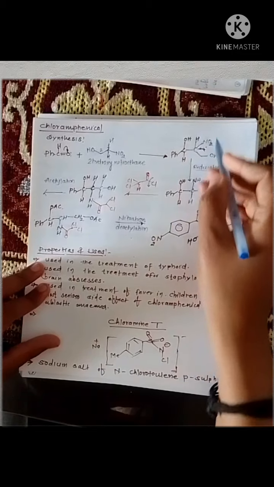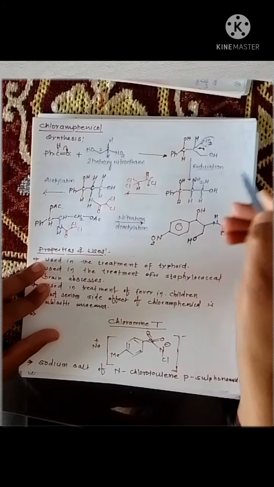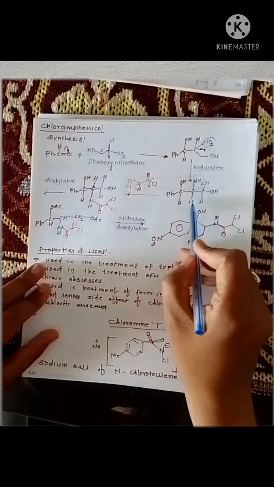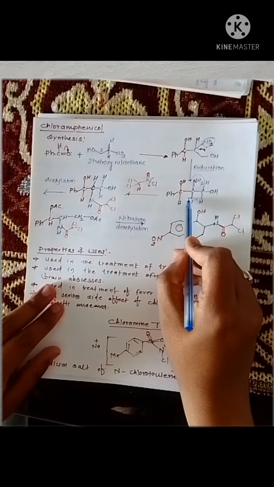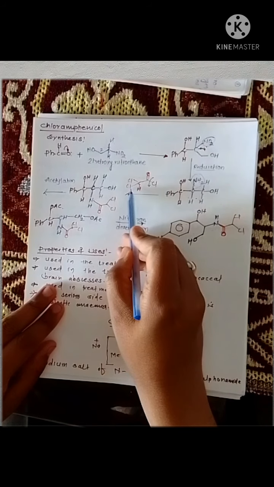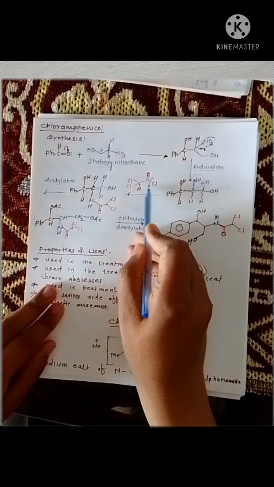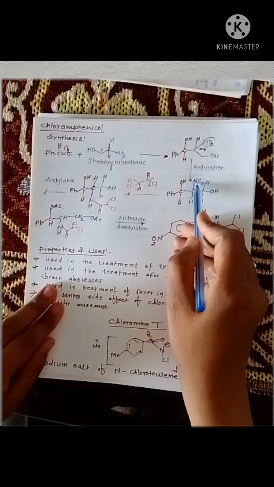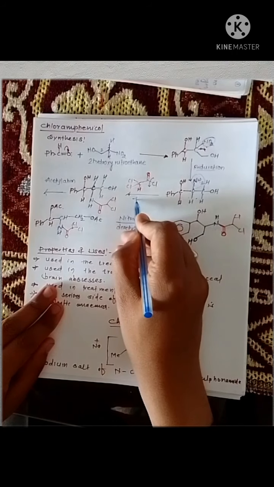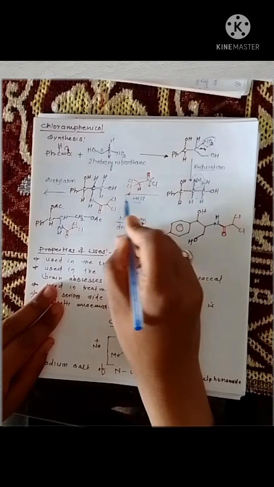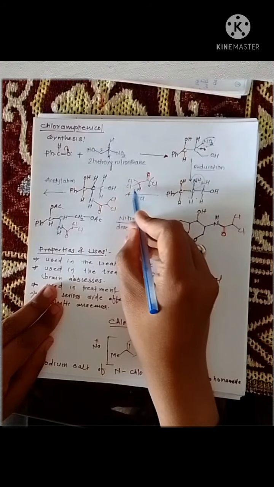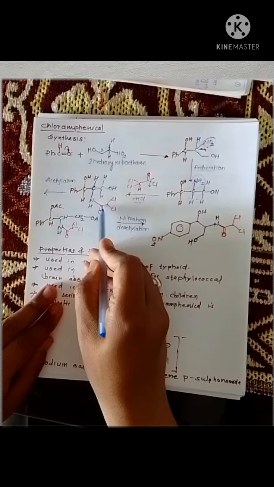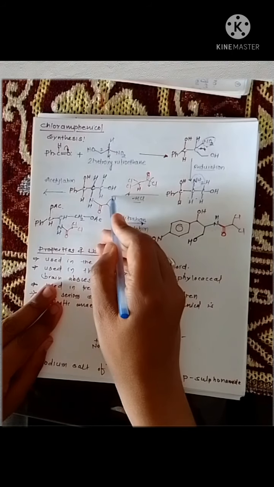When reduction takes place, the nitro group is converted into an amine group. Just see here, this compound is then treated with dichloroacetyl chloride. In this reaction, the chlorine atom of dichloroacetyl chloride and a hydrogen from the amine group react, and HCl goes off, and the whole dichloroacetyl chloride molecule is joined through the nitrogen, which is shown by the red part.